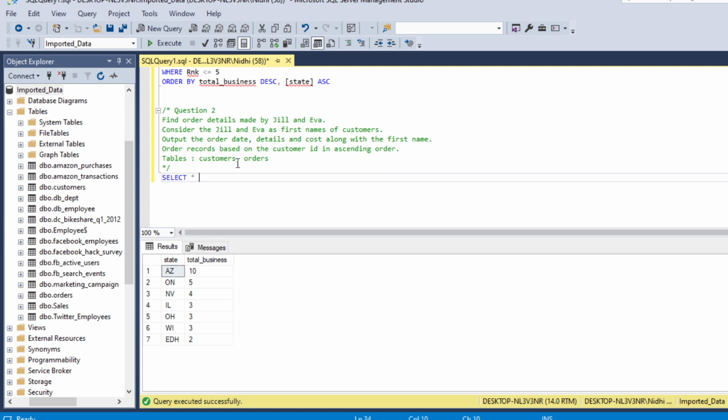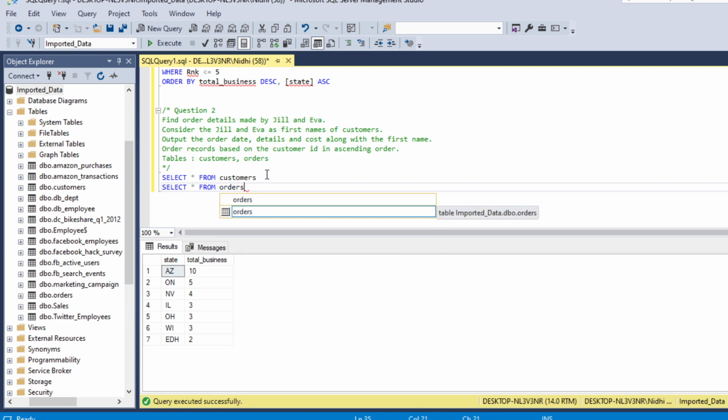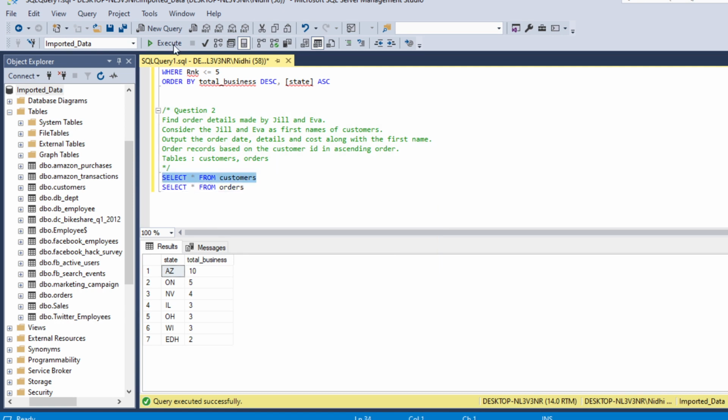So select star from customers and select star from orders. Okay, so let's see the data for customers first.